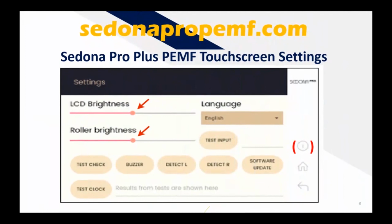Now, then again, here we can see where we have the settings button there. Also, you can see software update. You can see the buzzer. The buzzer is the sound. If you don't like the sound, a little beep notification letting you know the machine has come to the end of the program, then you can also mute the buzzer. And you can detect the left mat, or the applicator 1, applicator 2 through that, and I'll have a video on that in the